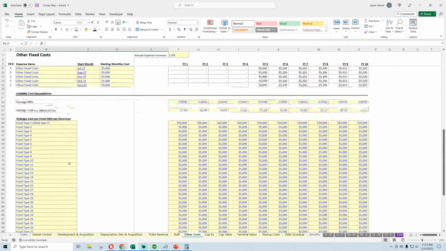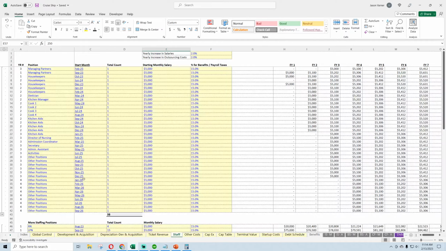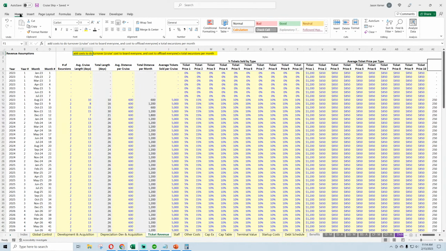That's fine. Other fixed costs like managers, legal stuff, I'm going to account for that there. We got all our staffing. This is a heavy model. This is definitely a heavy model. So we're going to add that turnover, and then we also want to add more ancillary revenue streams and related